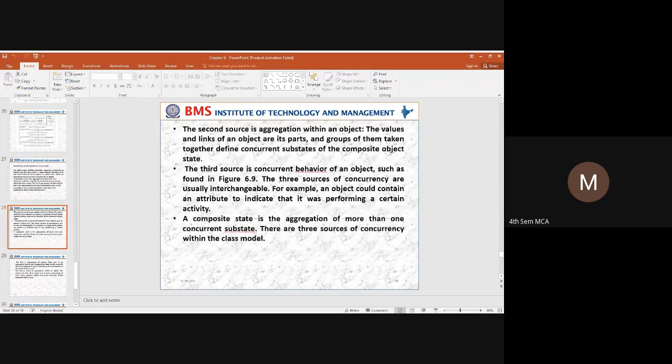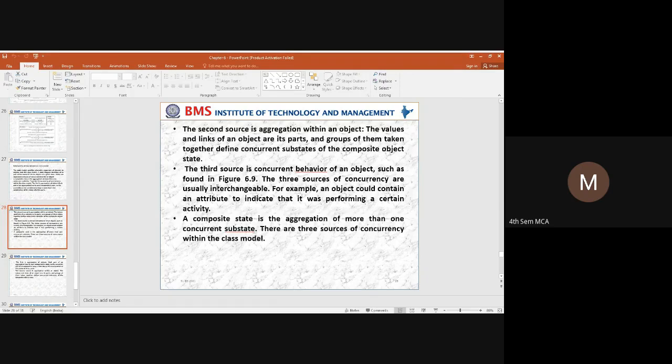Next, when we are using the second source of aggregation within a particular object, we can link a particular object's parts, and all these objects can be combined together, and we can represent a different composite state. When we are trying to represent a different composite state, it is going to execute its particular task, and we are identifying how the object is going to be represented with the different values.